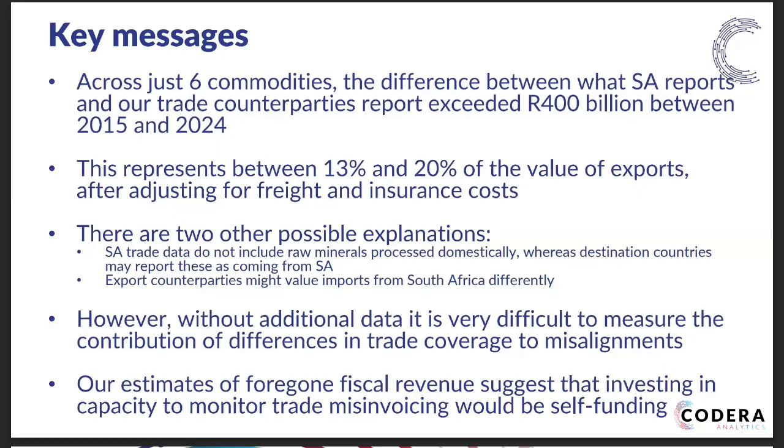It's misreporting or misinterpretation of what is reported, as opposed to deliberate misinvoicing. However, there are lines that maybe you should reach out to our SARS colleagues and ask whether, under an NDA, you can do a bit more of a detailed analysis to see